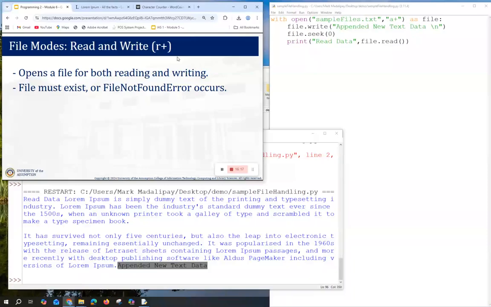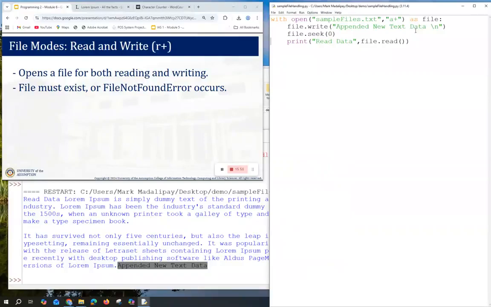We also have the read and write. I think we already, sige. So what is this R plus? We make use of the R plus.